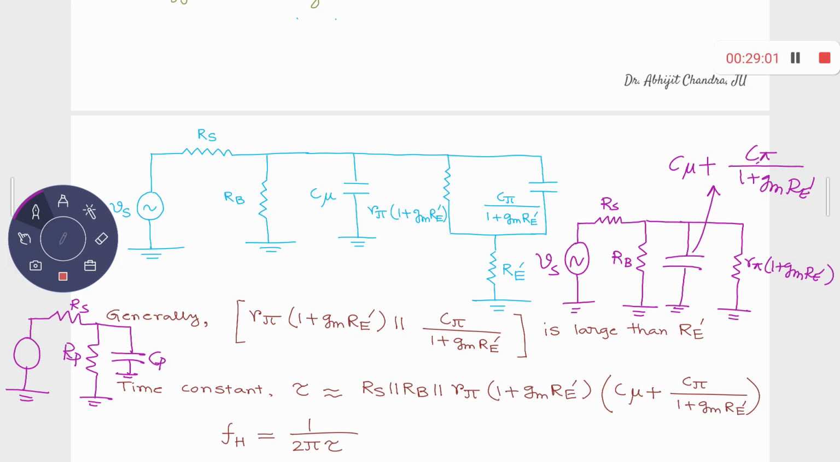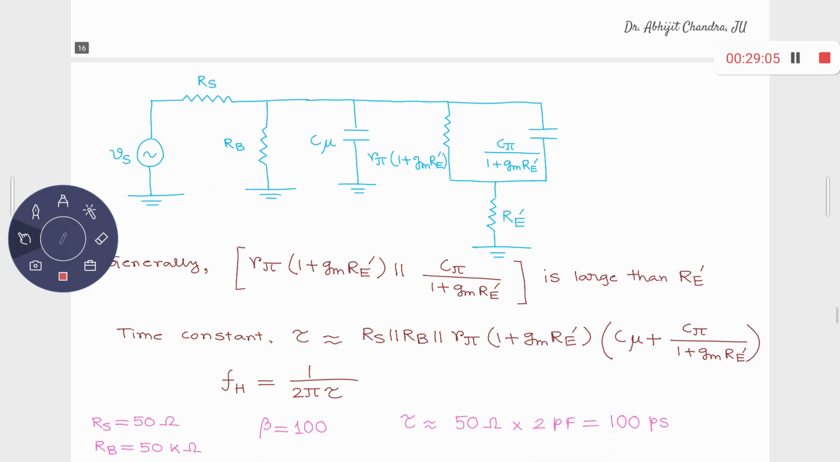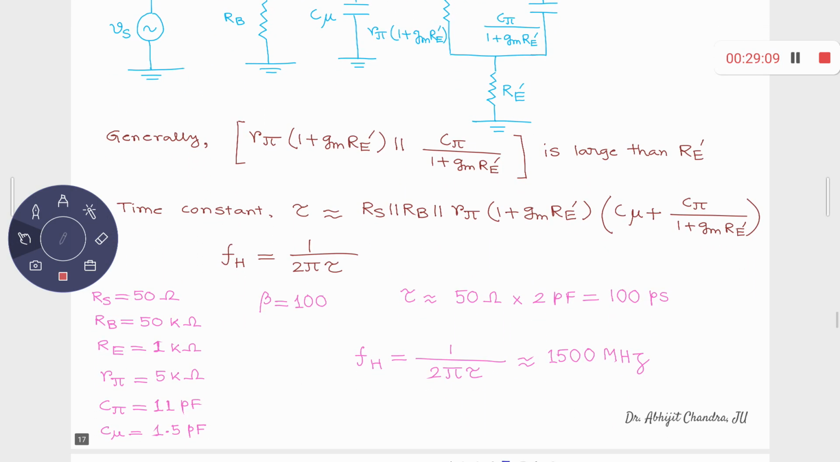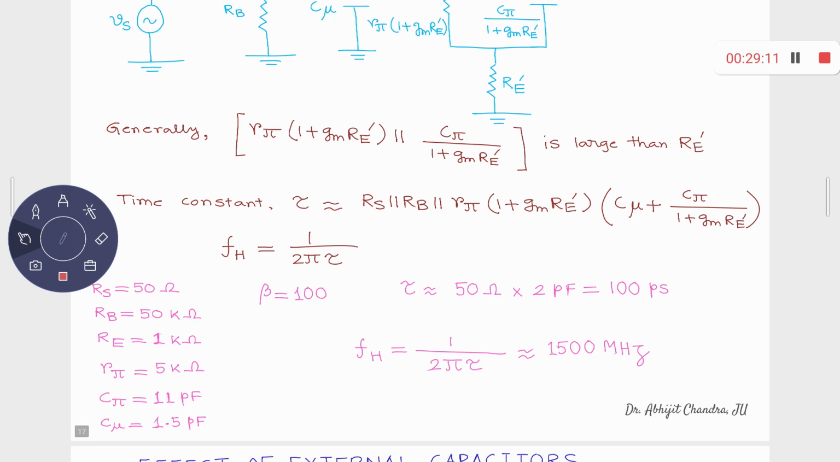Then ultimately, if you do this calculation with those typical values, it comes out to be 1500 megahertz. That is pretty large, right? So the basic idea of this discussion is that if I have this common collector amplifier, typically you know that